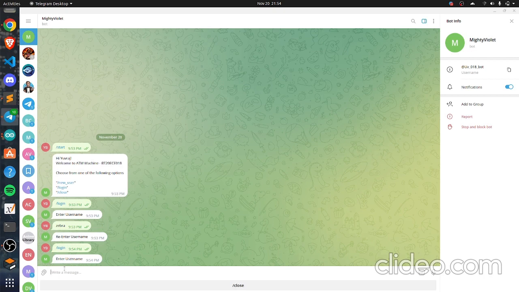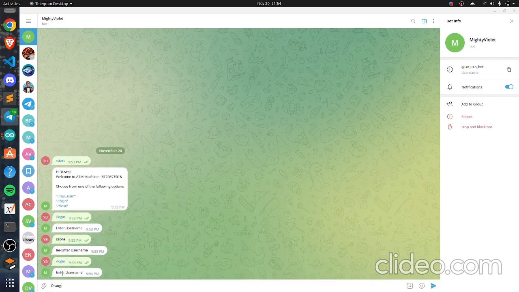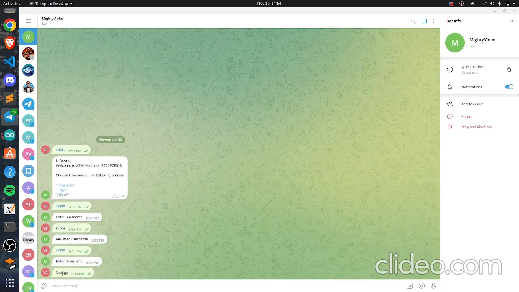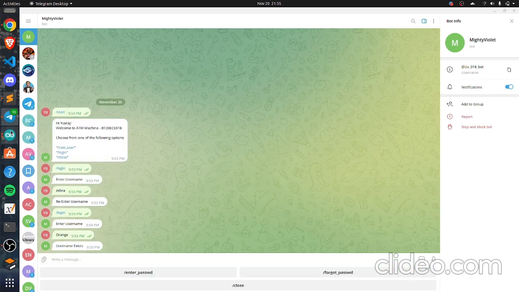Now we are asked to enter a username again, and this time I will enter orange. Orange is an authentic username that is allowed. So yes, the username exists, and now we get to enter the password.